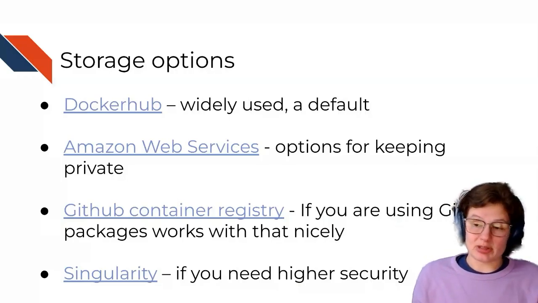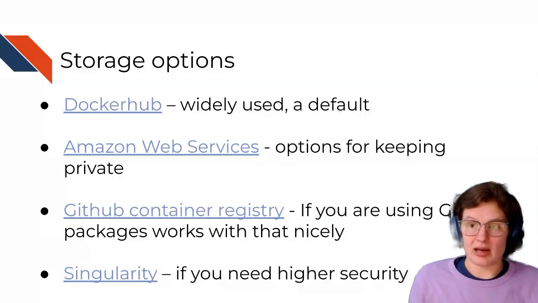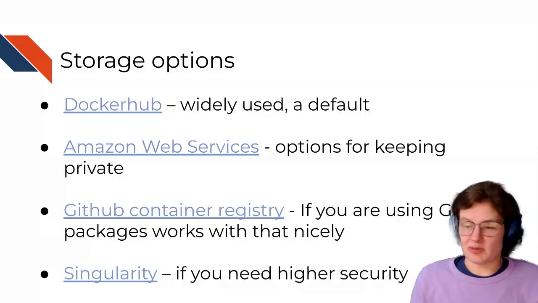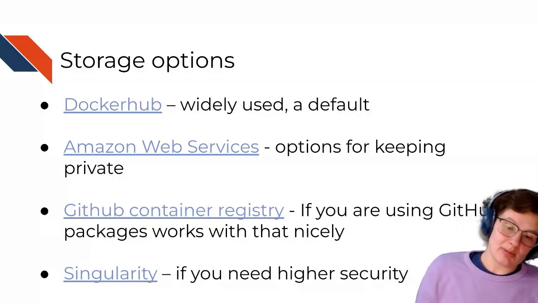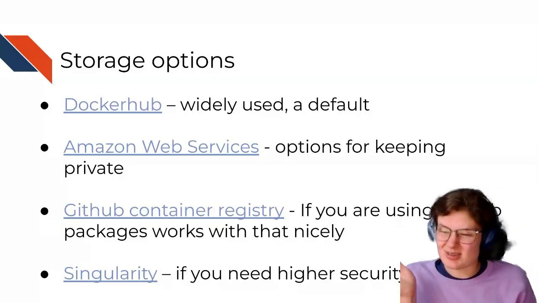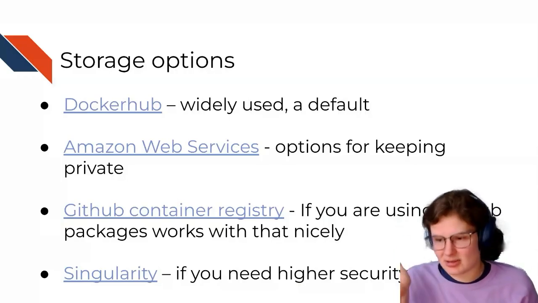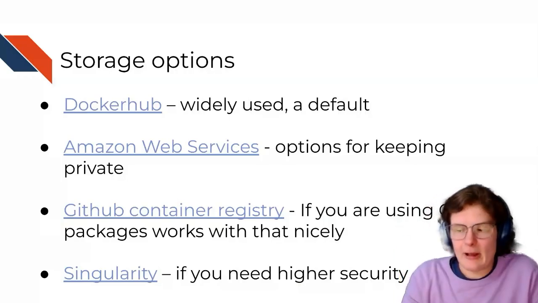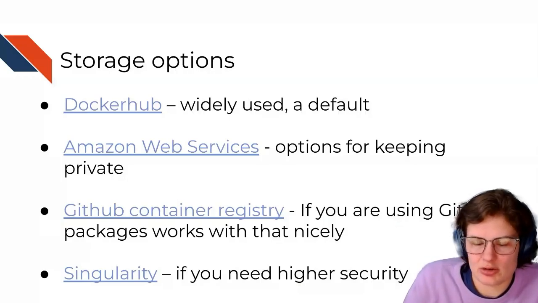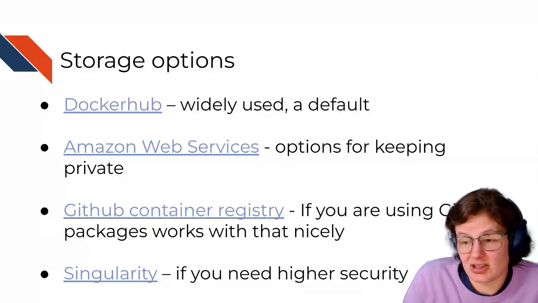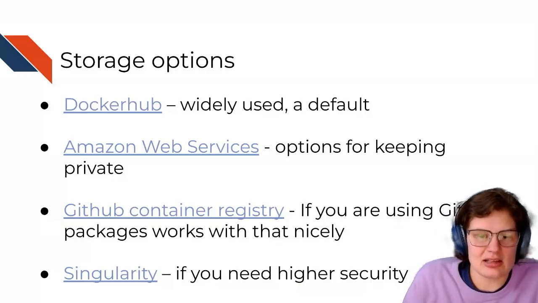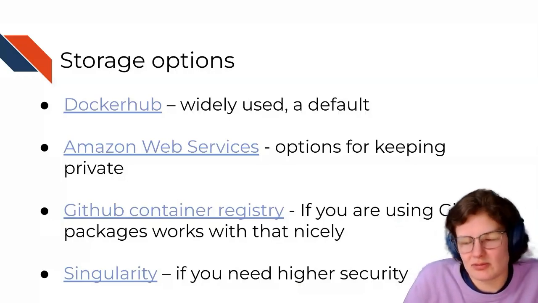It does have also options for keeping it private. So that maybe that's why you want to use it. It depends. Again, and then there's also GitHub Container Registry. Again, if you're already using GitHub for other things, you might use it. But GitHub Actions, for example, uses stuff with Docker perfectly fine. So using GitHub alone may not be a reason enough for you to use GitHub Container Registry, but maybe the reason is just that you like it and it works well for your team. So look into it. And then Singularity, now called Apptainer,